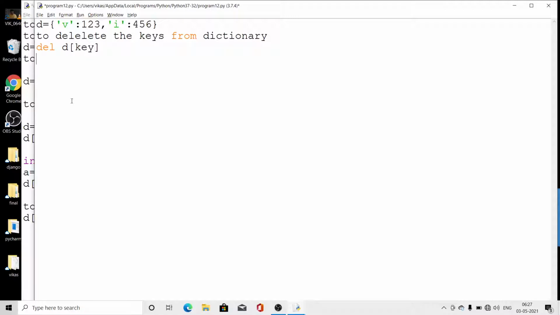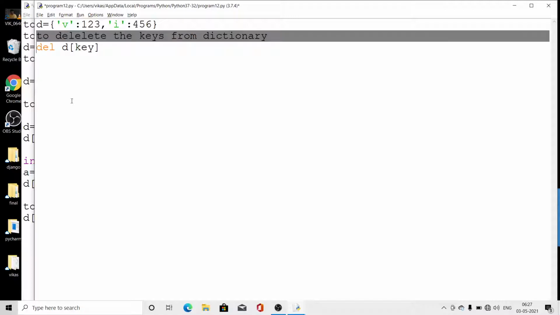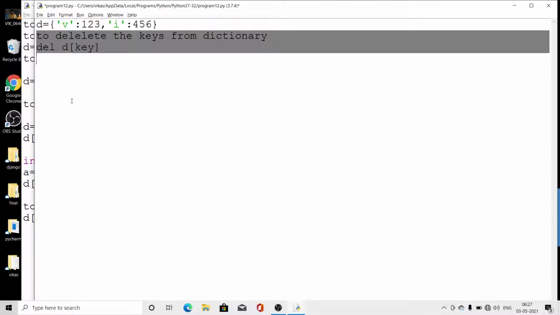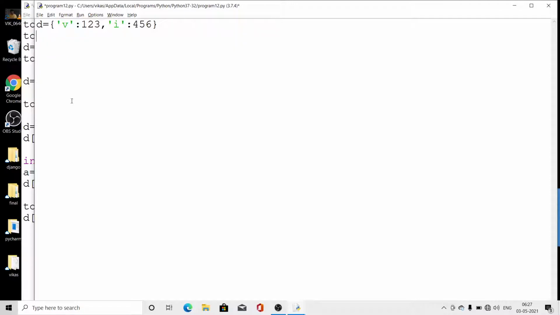If the key is existing, it will be deleted from the dictionary. So how will we do it? Look here. If I am writing D of VI, first I will display, so print D, it will display, and then I write here del, and then VI, and then print again.